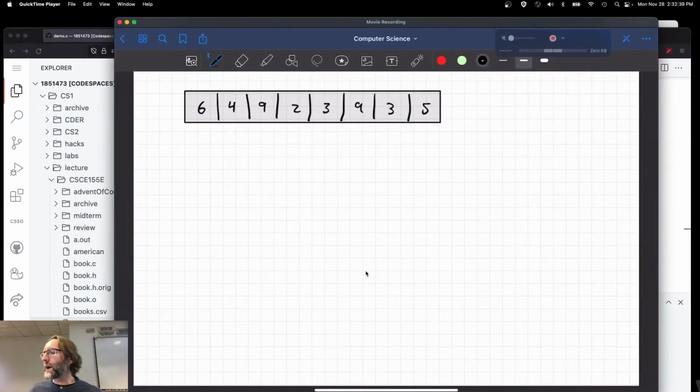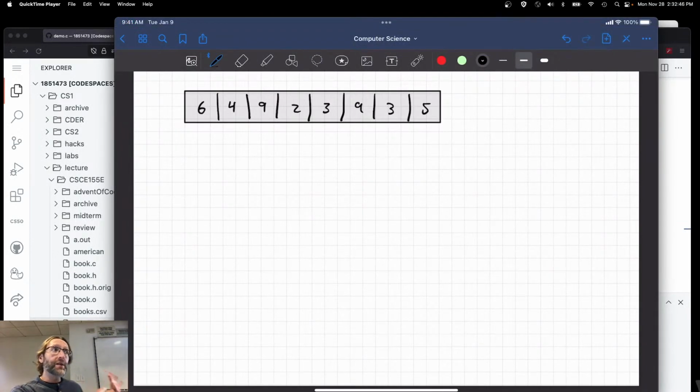Now, what I want to do is think about that in terms of how we can actually implement this. We'll think about it in general terms here, and then we'll try to pick up a pattern that we can actually implement. So here's that same array that we used before. Now, what we're going to do on this first iteration, so let's keep track of iterations. Iteration 1. The first iteration, we're going to search elements